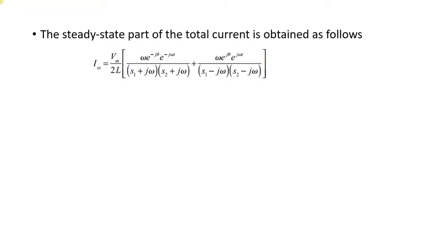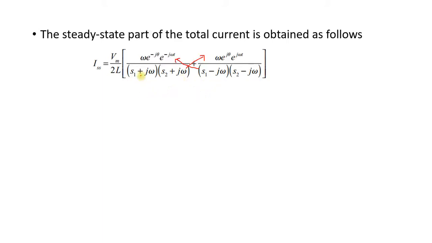So here I substitute the K3 and K4 values. Okay, and this is my final value of steady state current in the RLC circuit. Now I want to simplify this expression. First of all, to simplify this expression, just cross multiply these two terms. Similarly, just multiply these two terms.